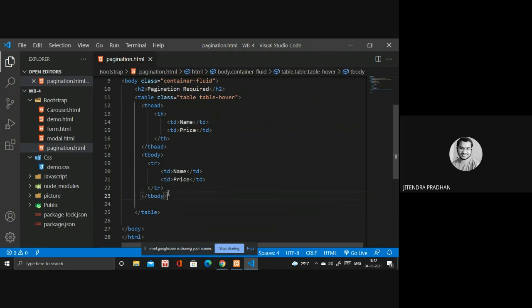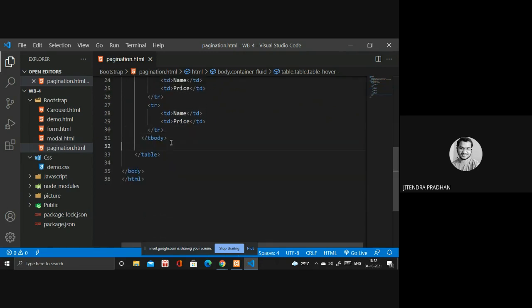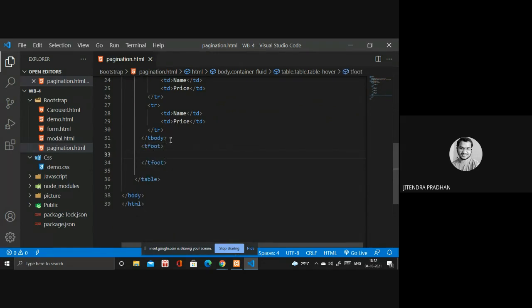Okay. tr. We have to paste. Okay then. So next thing is tfoot. The tfoot you have to write the copyright, whatever you need. tr inside, the copyright 2021. And inside you have to write colspan, class colspan 2. Okay, if I open that one with live server, let's see how it looks.